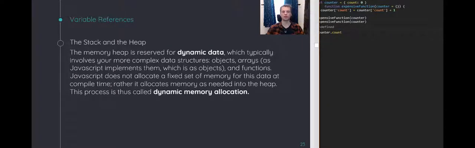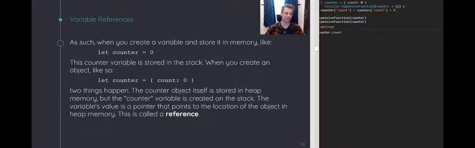Now, the heap is responsible for dynamic data. This is your more complex stuff like objects and arrays and functions. So JavaScript does not allocate a fixed set of memory for this. Rather, it allocates memory to the heap as it is needed. And this process is called dynamic memory allocation. So as such, when you create a variable and store it in memory, like let counter equal 0,